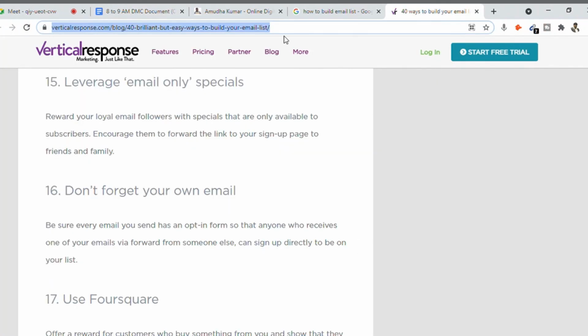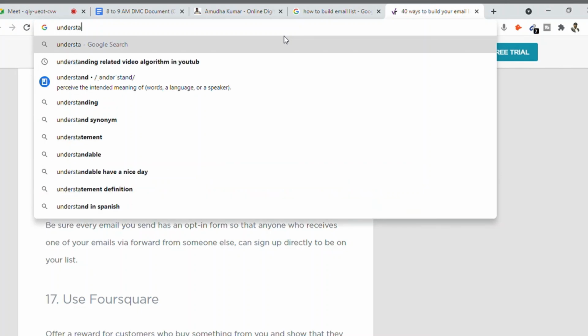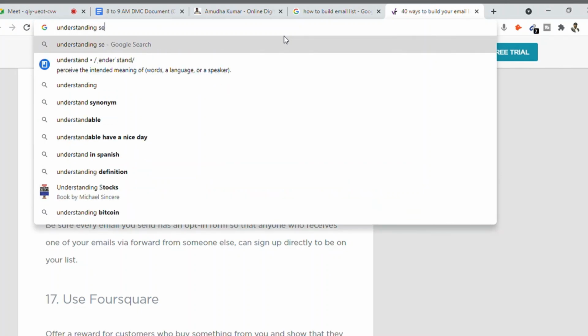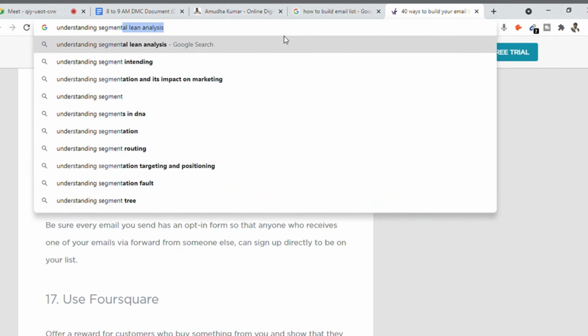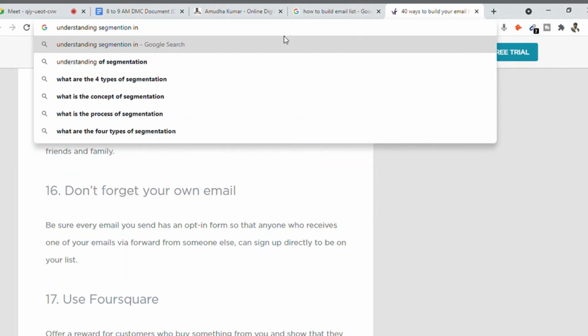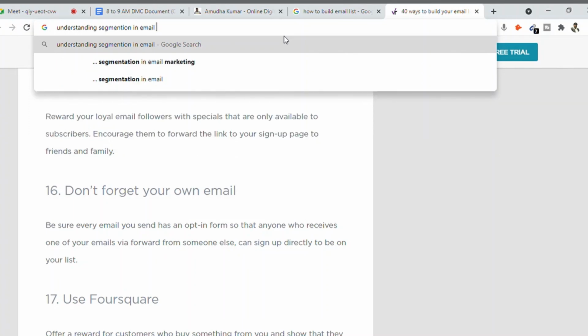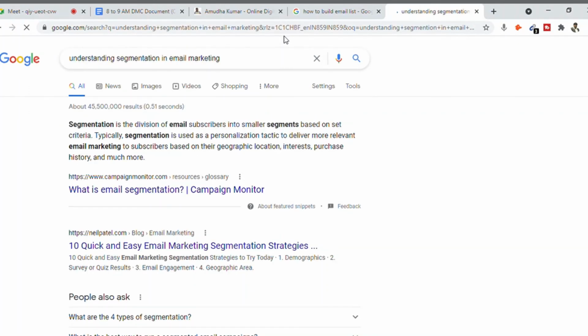And the next one is understanding segmentation in email marketing. Segmentation is a division of email subscribers into smaller segments based on a set of criteria. This set of criteria you have to define for your own customers and audience.